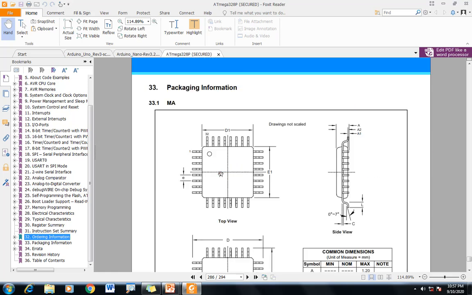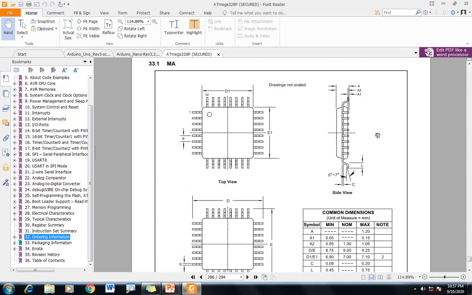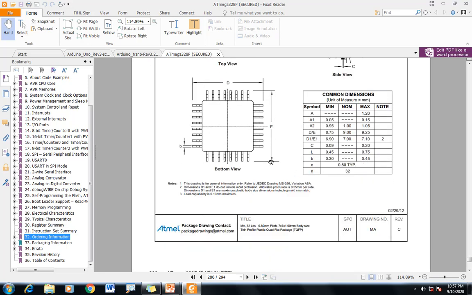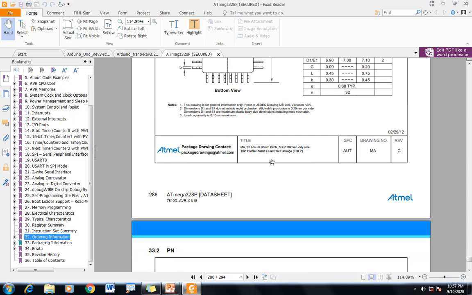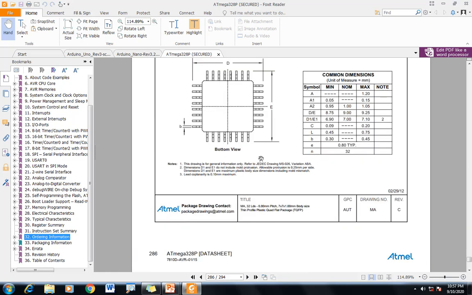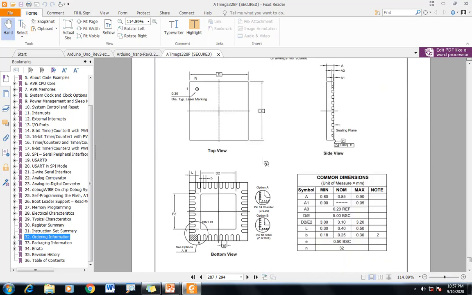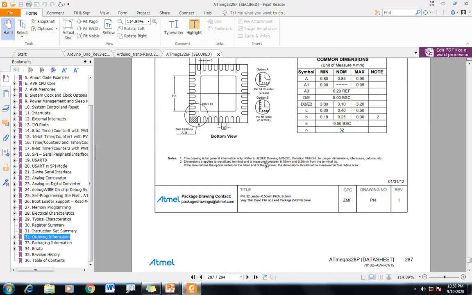This is where, as I was saying, if you are a hardware engineer, you have to know which package. If you are designing your own footprints, then you should know the dimensions of this IC. These footprints are usually already available. If at all you are not getting them, you can download them for your tool or design them.